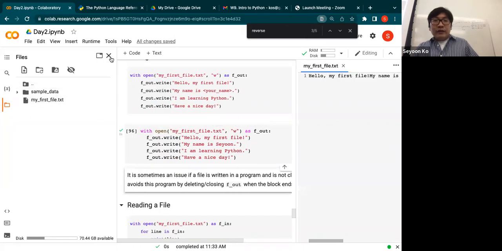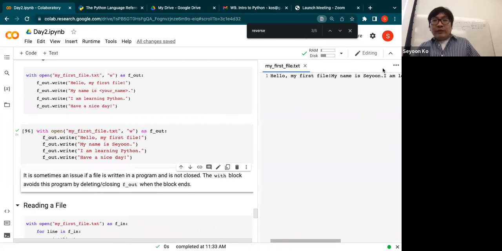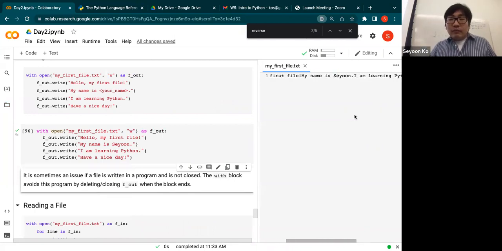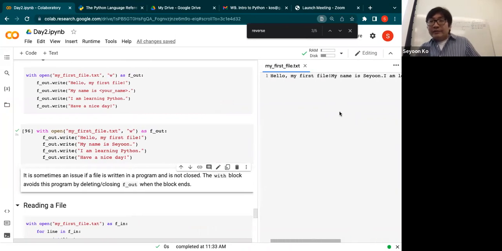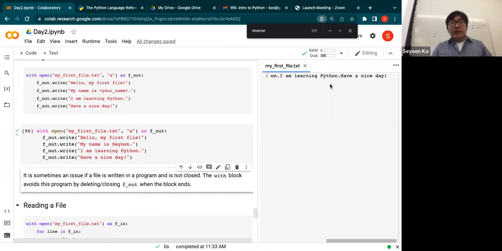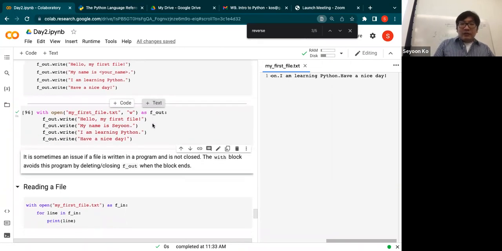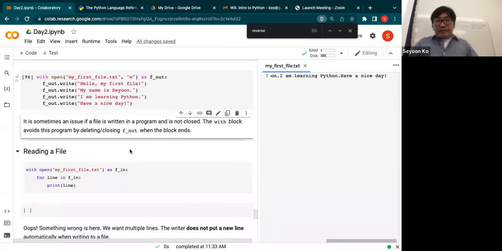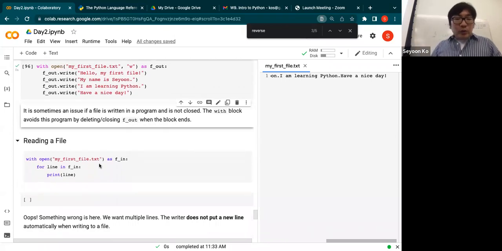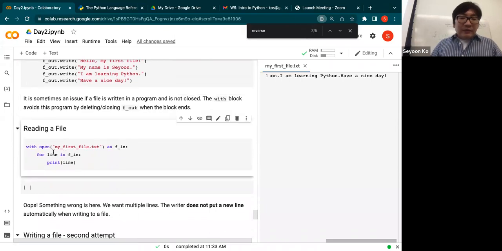And you can open the file. And we have written the line here. But we intended 4 lines, but no new line characters are put there. So how do we do that? Before that,